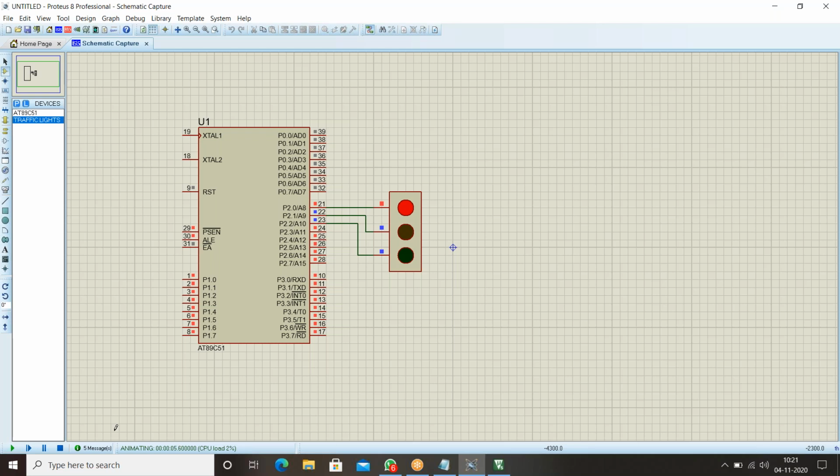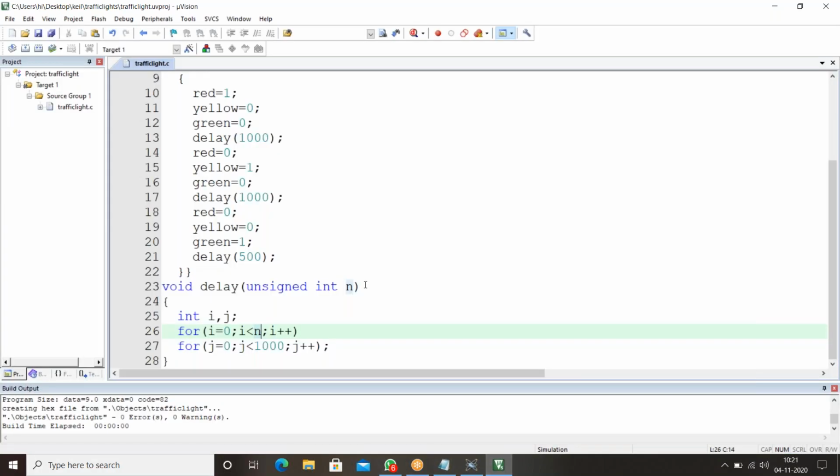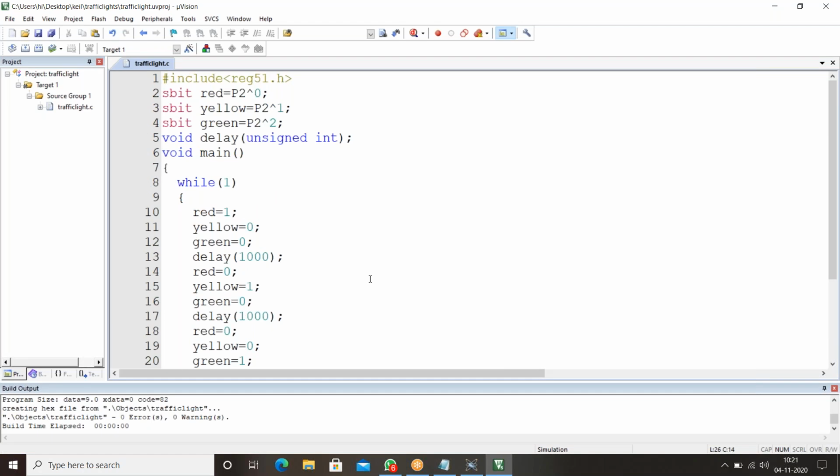In this way the traffic lights will work. It's your wish to give a delay like 1000 microseconds or 2000 microseconds. Let me increase the delay. Whenever you pass arguments in the delay function declaration, like unsigned int, unsigned means it chooses a positive value, so a positive delay will be there.